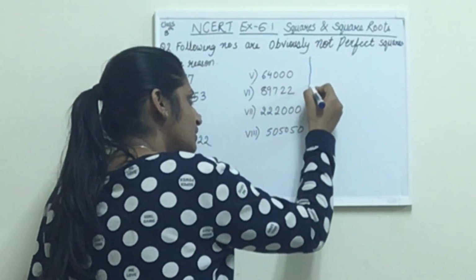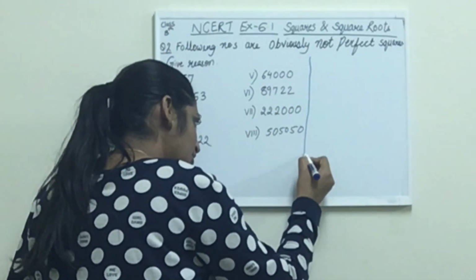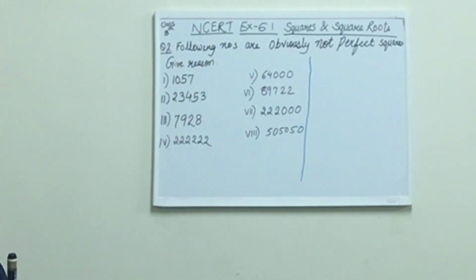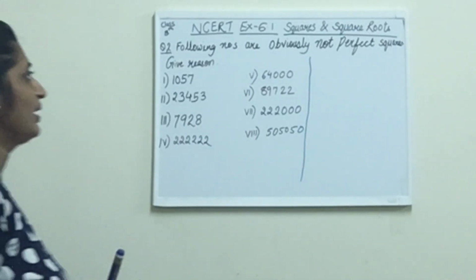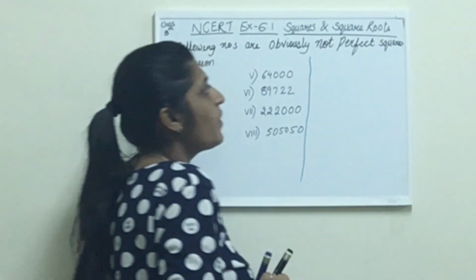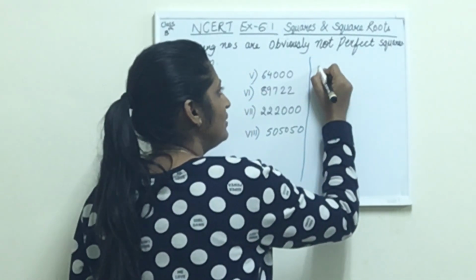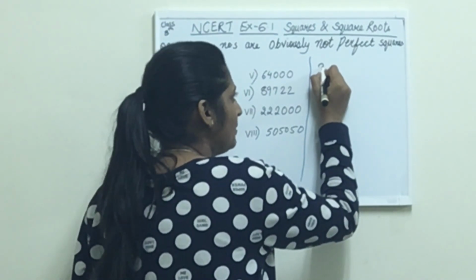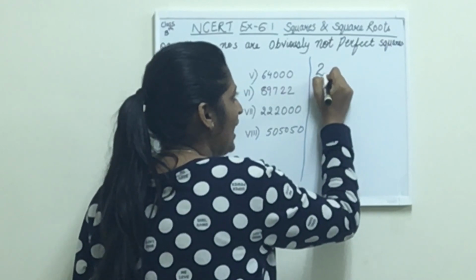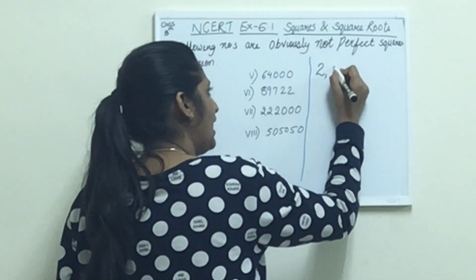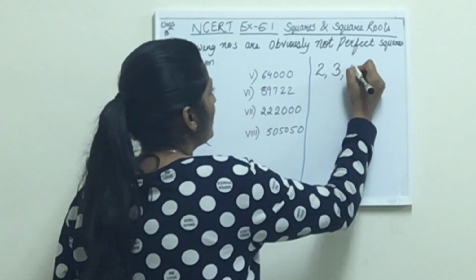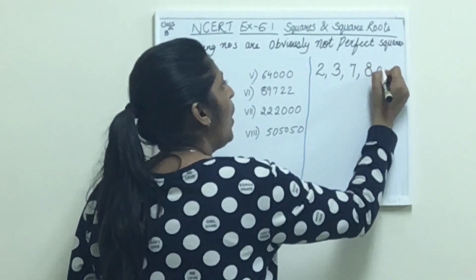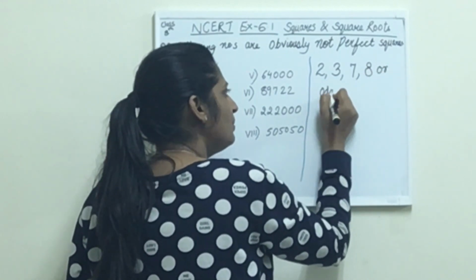To do this question, I would like you all to recall one of the properties which we discussed in properties of square numbers, that any square number or any number ending with 2, ending with 3, ending with 7, ending with 8, or odd number of zeros